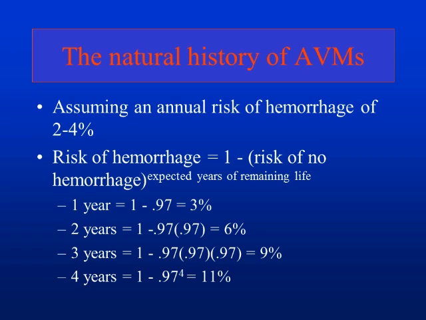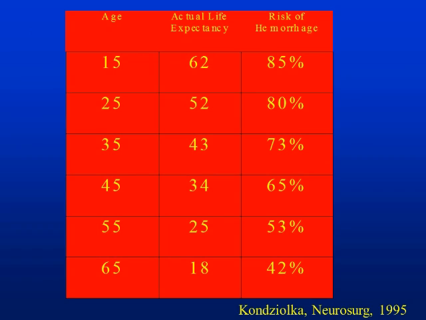All right, so 1 year, it's 1 minus 0.97, which is 3%. 2 years, 1 minus 0.97 times 0.97, which is 6%. And 3 years, this is looking simple. You just take 3% times the number of years. No, that's not the way it works, okay, because we take that data and then we look at the actuarial